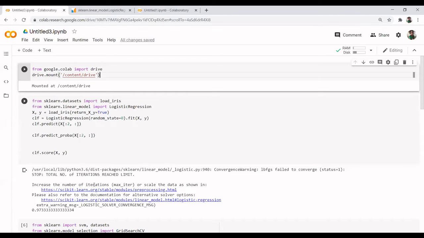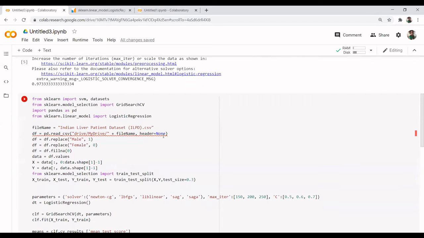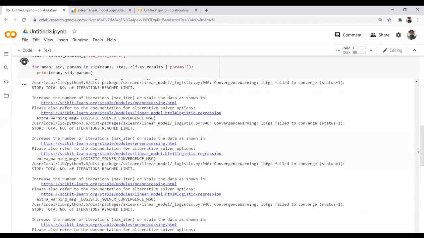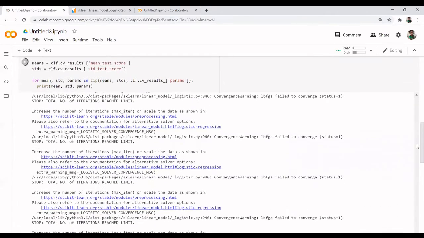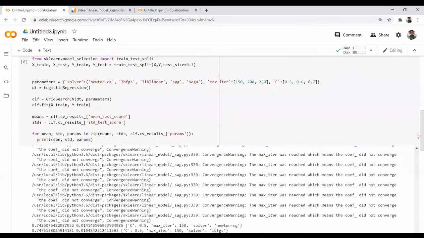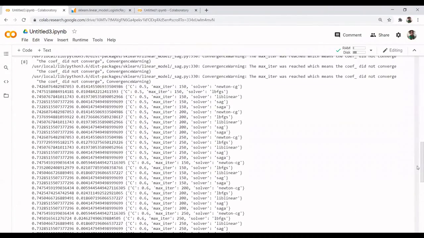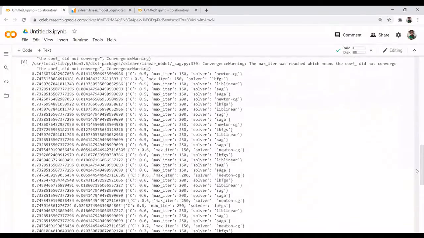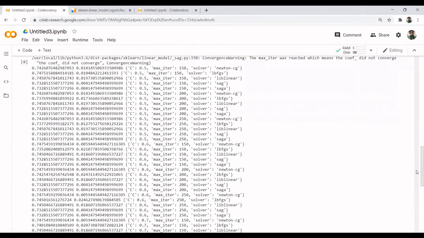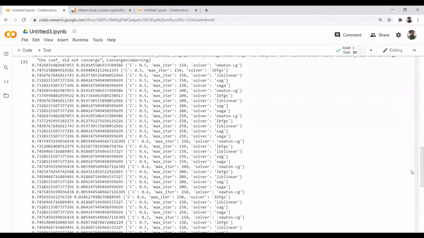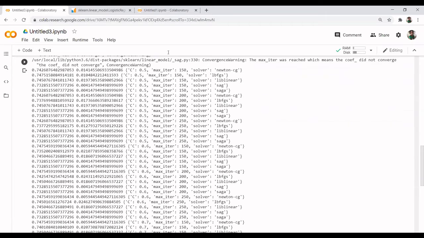Okay. Now let us try to run this since we have access to drive now. It is showing. And now if you can see there is output and it is showing for what combinations we are getting what output. So this is grid search CV now, which you can try for C equal to 0.5.